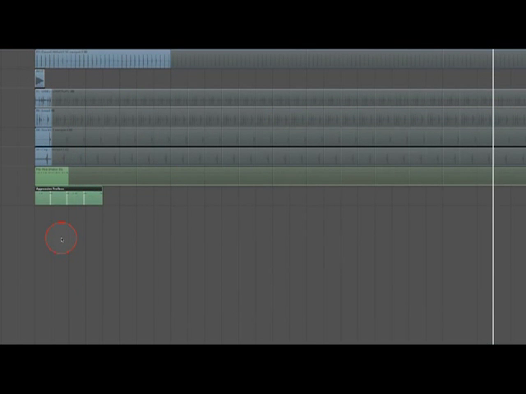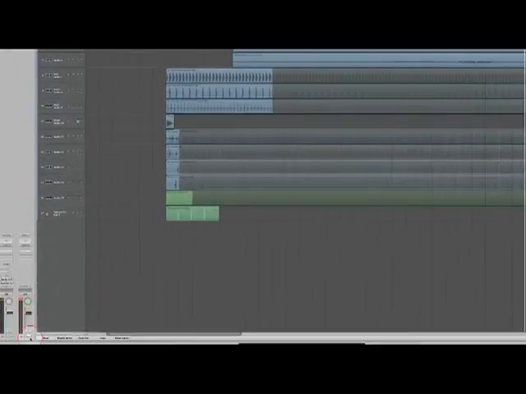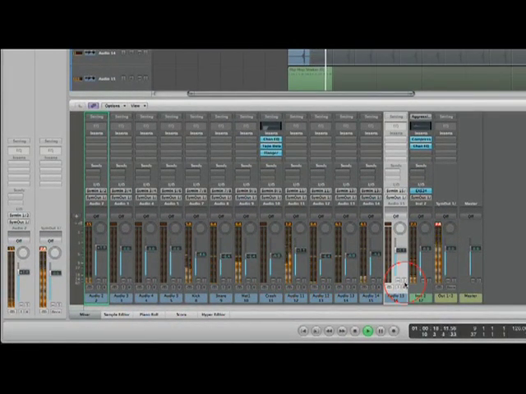Okay, so we have our bass pattern, and you always want to refer back to the vocal. Now I've set up a loop of the first verse and the chorus vocal parts, and we want to make sure that this is really working. And as I'm writing the bass pattern, we'll always refer back to the vocal, make sure it fits exactly where we want it. So I'll play this back, bring up the mixer,